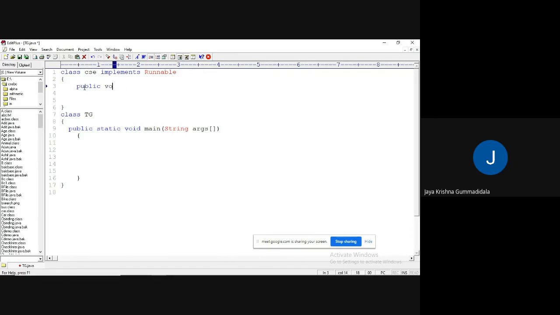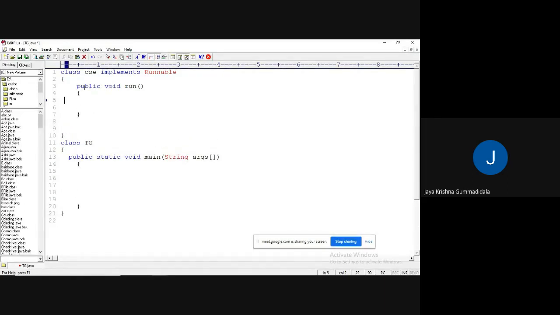Public void run method. With this, if I override this method, automatically a thread is going to be created. Whenever a thread is created, the statements that we have written in this run method are going to execute.